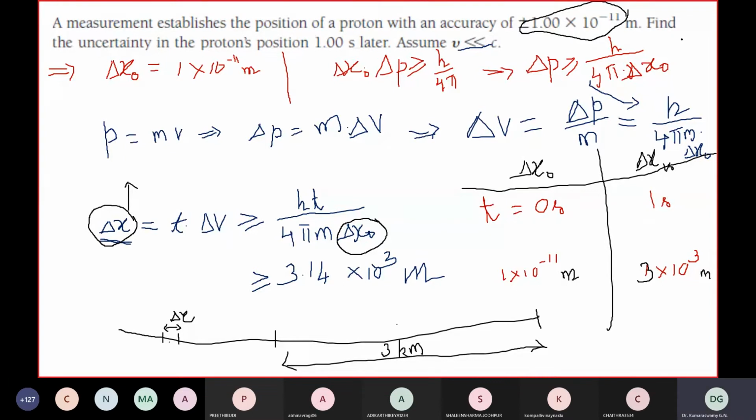Otherwise not. Whenever we interfere, then only we see its wave nature. Whenever anything interferes, we see the wave nature. Otherwise not. So here, in this moment, we are trying to measure its location precisely. Next moment, we are losing its location to 3 kilometers. That has a point. Yes.